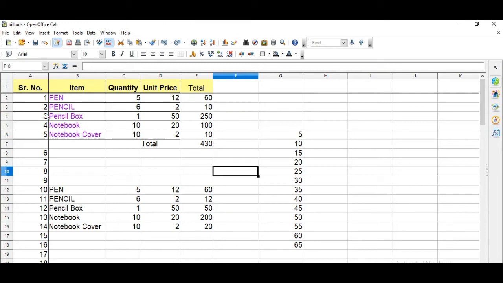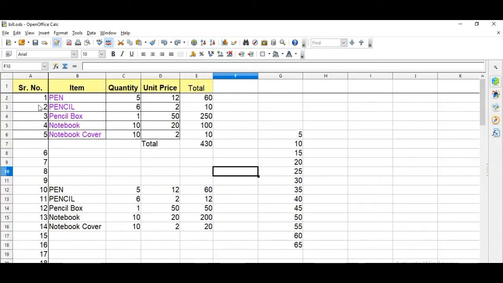If we are moving the content, we use the cut and paste option, and then from the actual position it gets deleted, and at the new place it gets pasted. So that is the difference between copy and move.